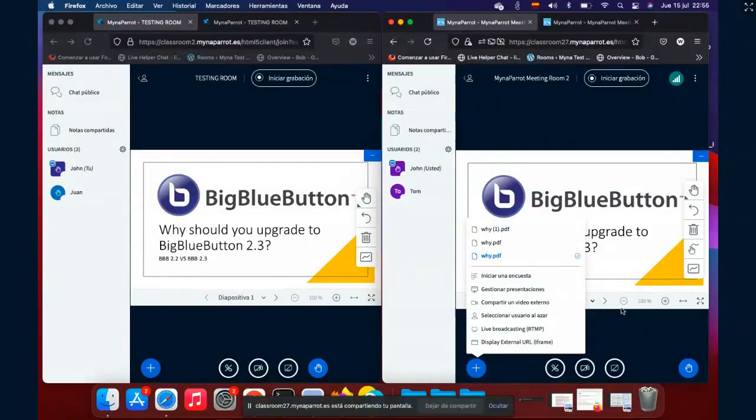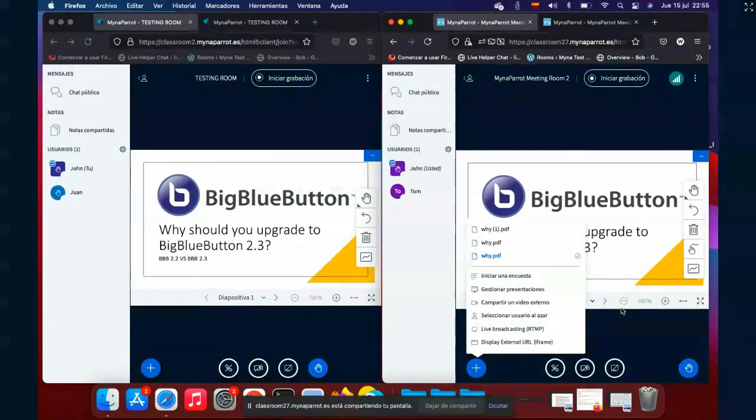The Big Blue Button World event just finished a couple of weeks ago, and we saw the roadmap of Big Blue Button. There are going to be a lot of new features added.